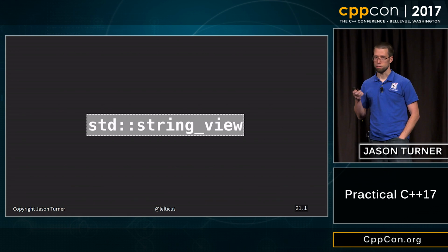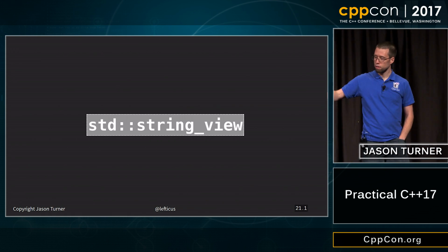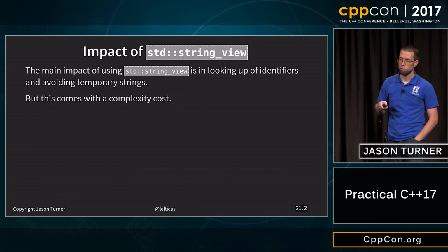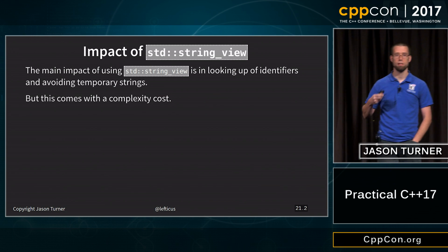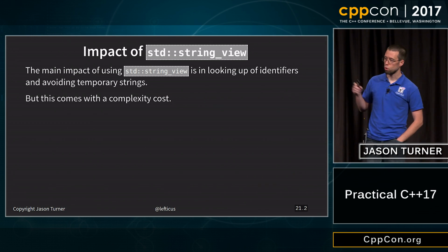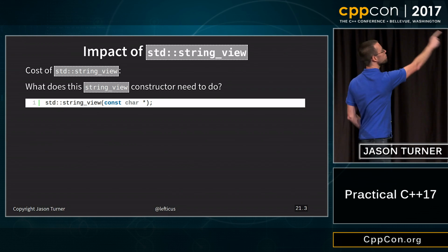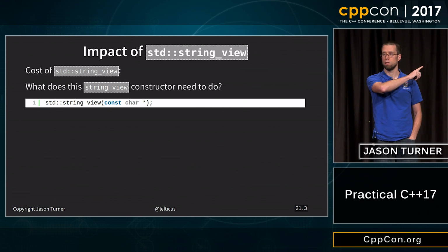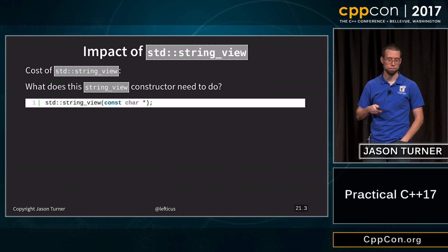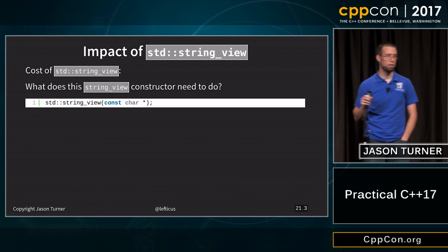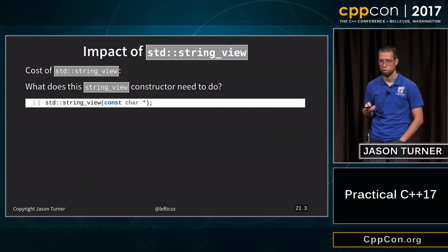All right, string_view is up next. The main impact for me on using string_view was looking up identifiers and avoiding temporary strings, but it comes with a complexity cost that I don't think we're all expecting. So just to be clear, what does this constructor for string_view need to do to actually make a string_view object? It has to call strlen, yes. Now, there is a very good chance it is done at compile time, if the compiler has direct access to the const char literal that you passed into it, but